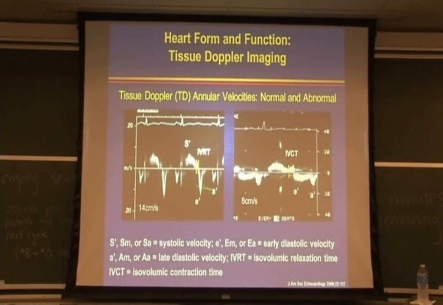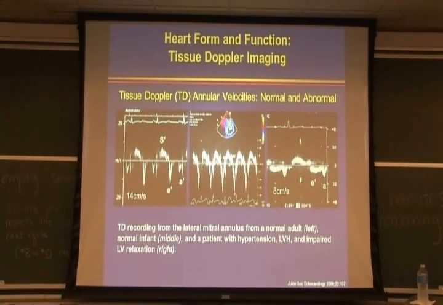And as we elucidated earlier on, you get a systolic velocity and a diastolic velocity. Diastolic is E prime and A prime. And between the systole and diastole, the period is called isovolumic relaxation time. We can measure that time. We can also measure isovolumic contraction time, when the heart is contracting but is not ejecting. And with all this velocity measurement, we can also apply